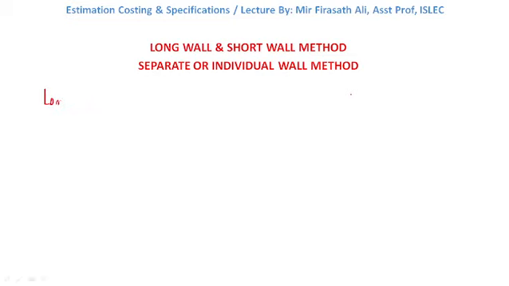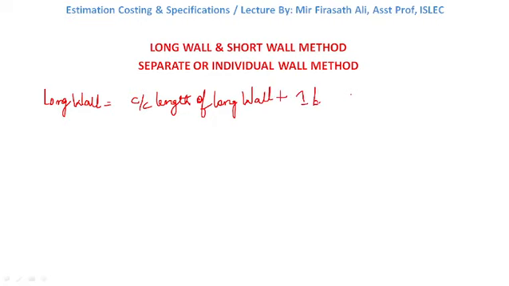The formula for determining the length of long wall is: center to center length of long wall plus 1 breadth. Now the length of short wall,